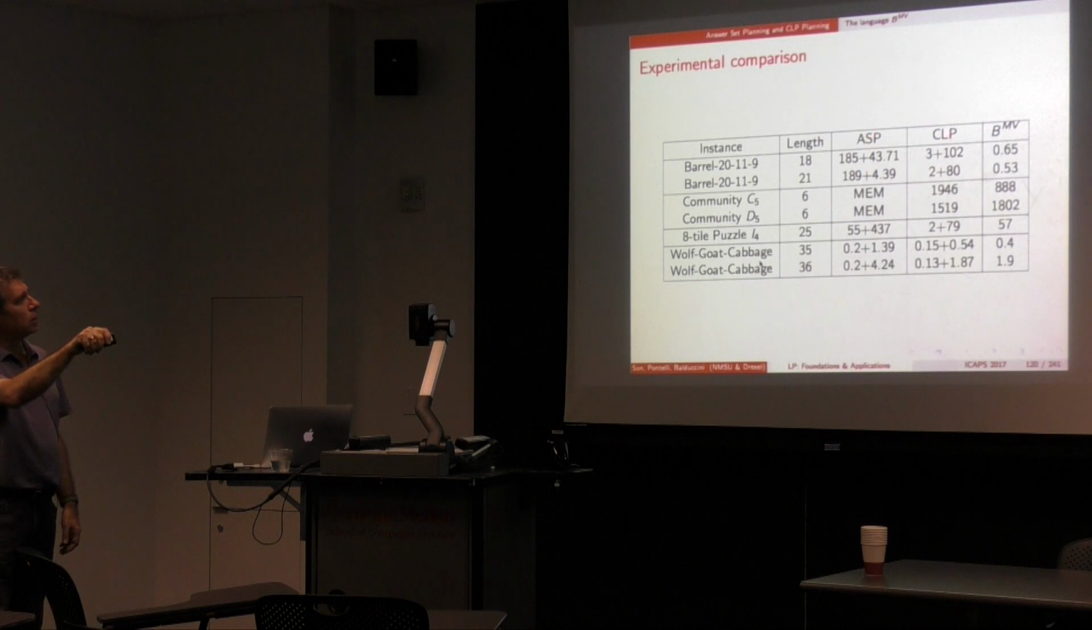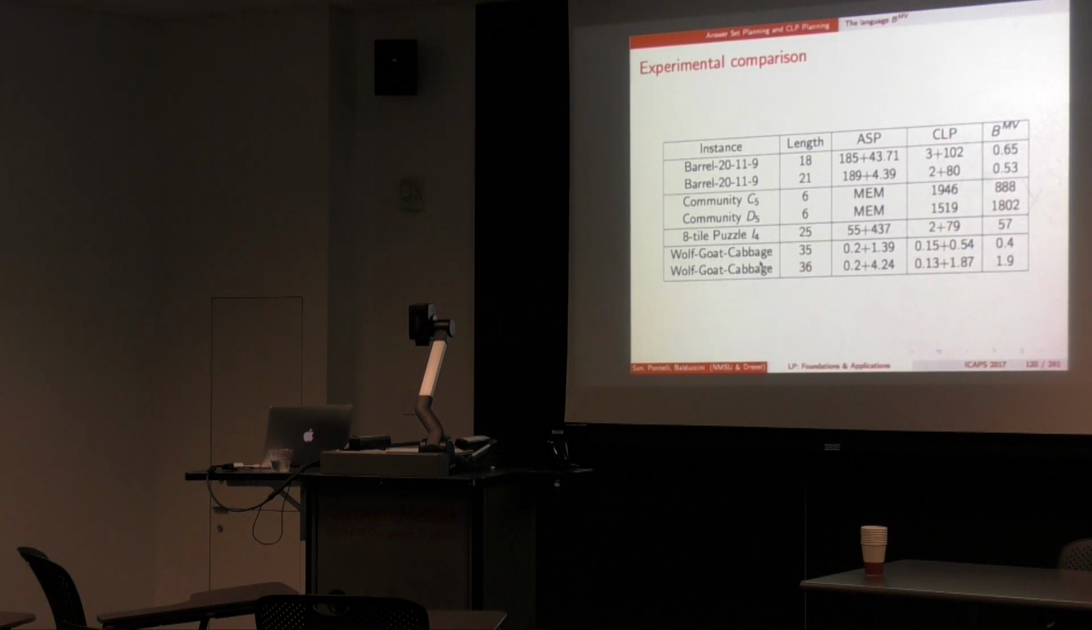This is ASP, this is our constraint logic program. Ignore for a moment the last column. Don't look at it yet. As you can see, there are two numbers for each one of these. Why? Because there are really two things that we try to do when we solve a problem using either ASP or CLP. When we use ASP,